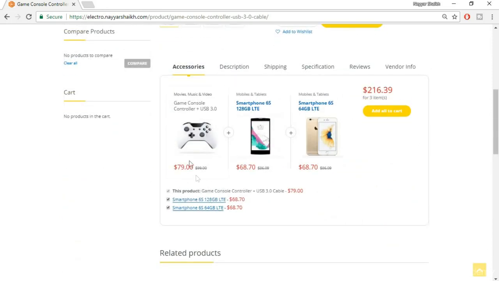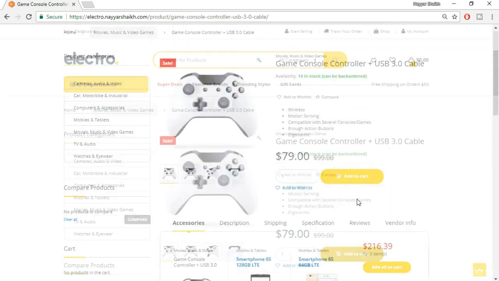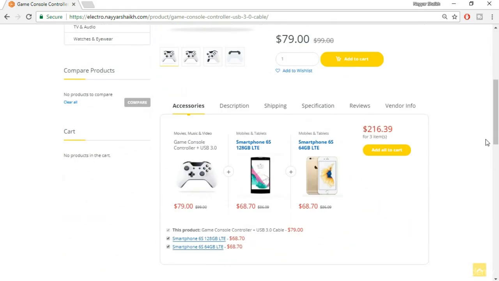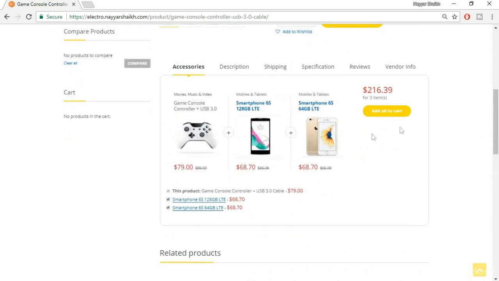Then this is a very important feature, I would say. This feature, if you see, is available on big websites like Amazon and Flipkart. When you're purchasing one product, suppose you have ever purchased some processor or motherboard from Amazon, then you also get some options below that product. Suppose you're purchasing one processor, then they'll also show you the motherboard which fits with that processor. Okay, and you have different RAM and so on.